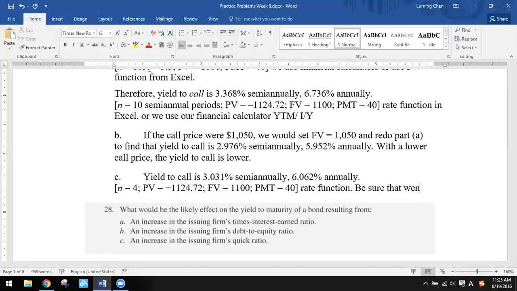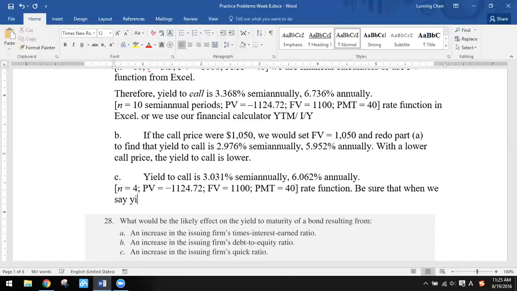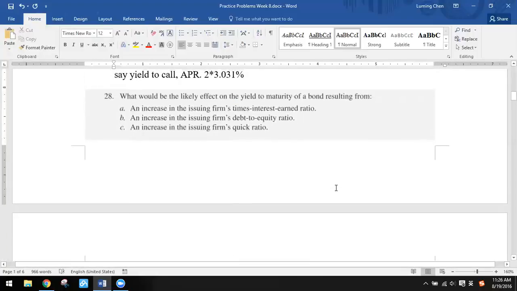Just be sure that when we say yield to call, we actually need the APR, the annual percentage rate. So you must multiply 3.031 by 2. So it's 6.0362% annually. Number 28. What would be the likely effect on the yield to maturity of a bond resulting from